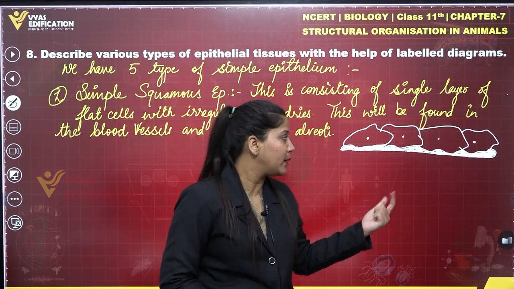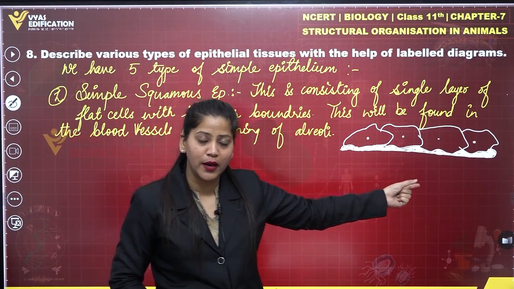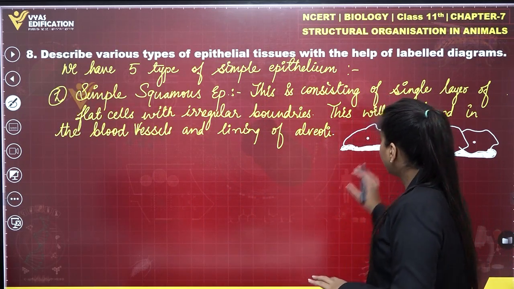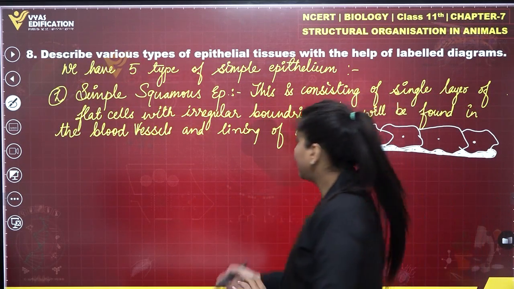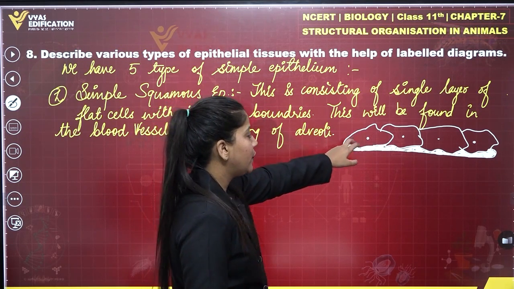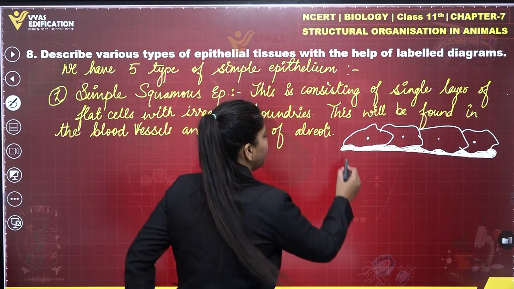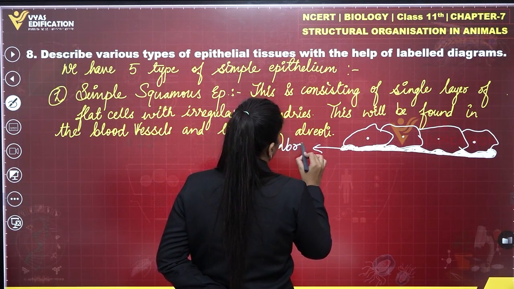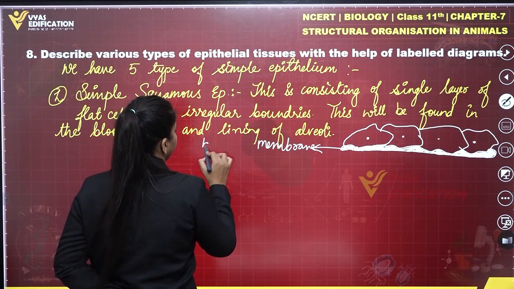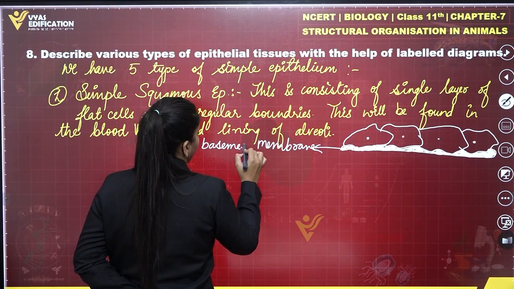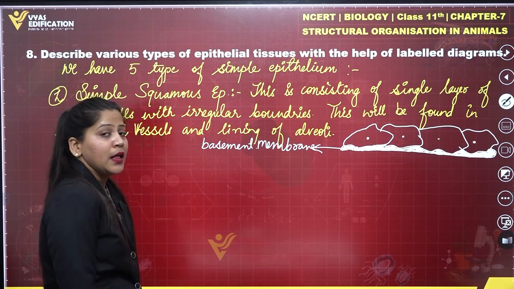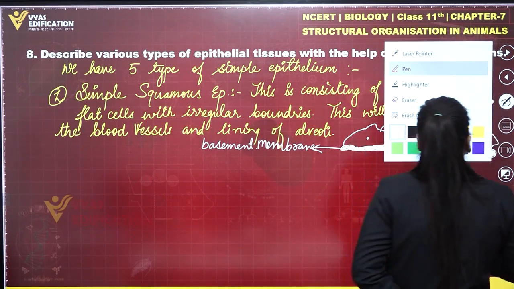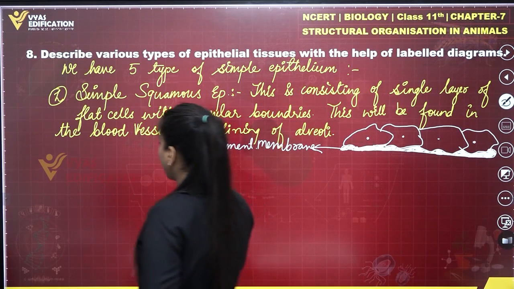This basement membrane is acellular in nature, and is present only in the simple epithelium. So this is the diagram of simple squamous epithelium. These are the flat cells, and this is your basement membrane. Now moving on to the next type of simple epithelium, the second type of simple epithelium is